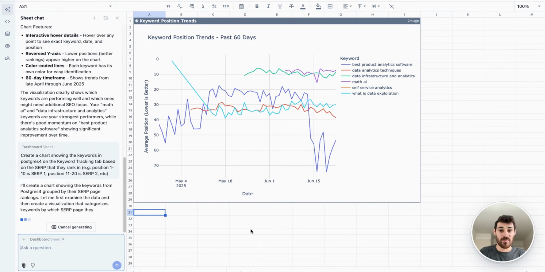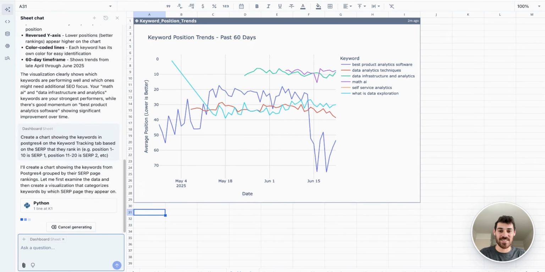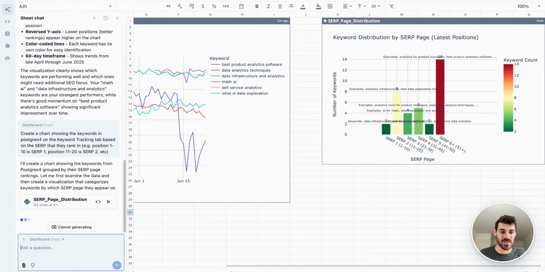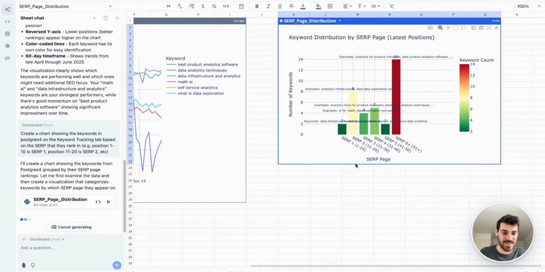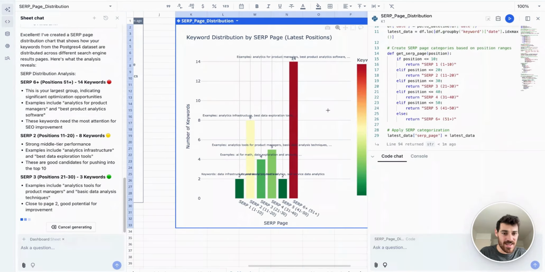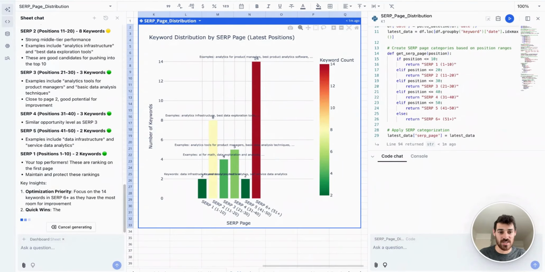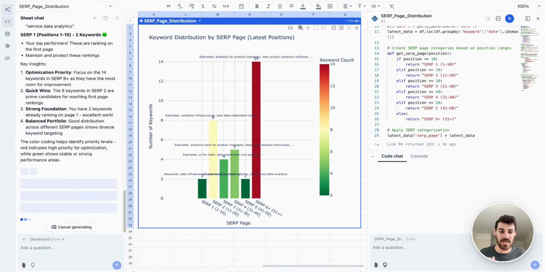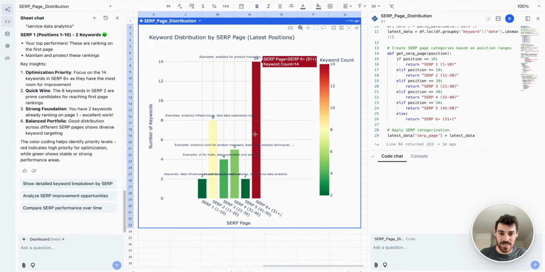All right, so a little bit more of an advanced ask here. I'm trying to identify which SERP we rank for with the blog posts that we have on our site on average for each page. So search engine results page is what SERP means, and it looks like it's aggregating. I can check the code here. It's plotting each keyword's position into a group of 1 through 10, meaning SERP 1 and so on. And we could see that SERP 6 plus